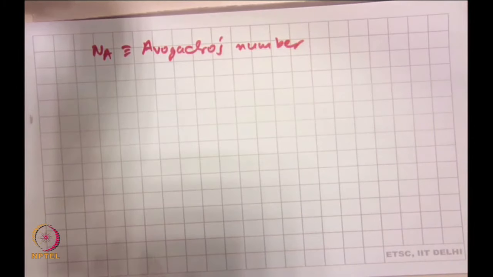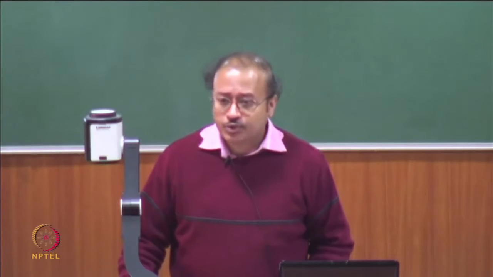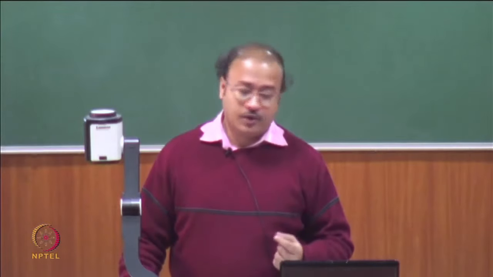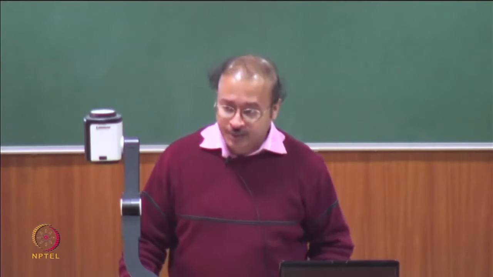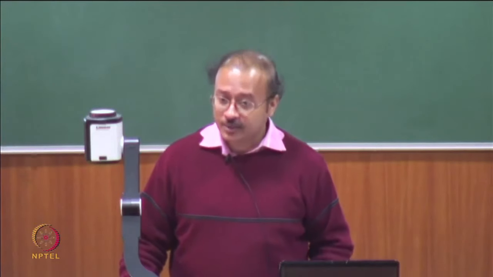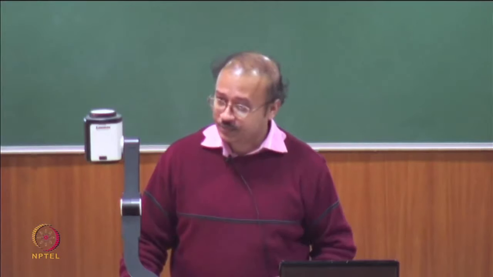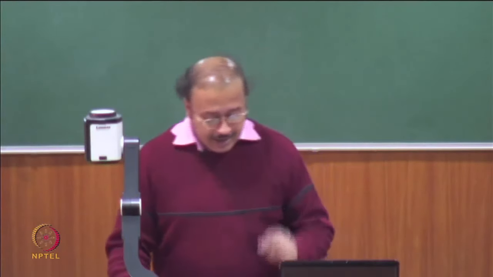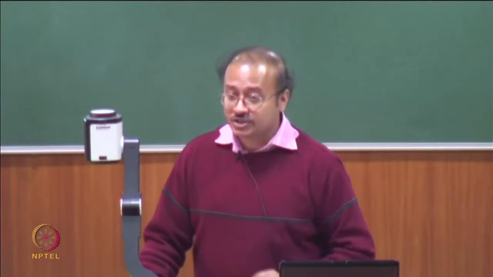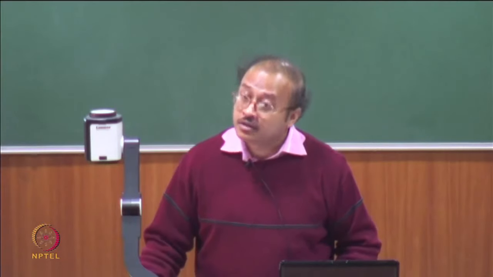Now what is the significance of this? The significance is this: what do RT and KT correspond to? KT corresponds to your thermal energy, right. Why? Well, K is the Boltzmann constant, which has units of energy over temperature. You multiply it by T, you get energy. So what it means is that at this distance R is equal to L_B, your potential energy of interaction between these two particles would be typically equal to your thermal energy.